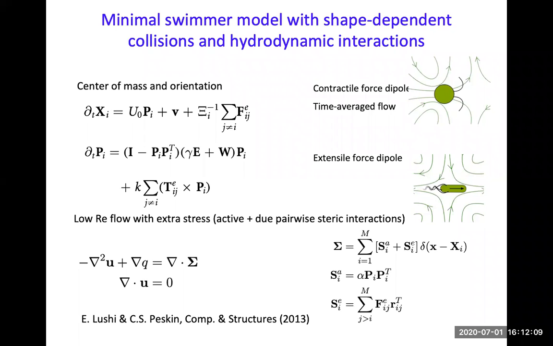Then the other thing that this model includes is that it includes the fluid flow, right? So essentially all these contractile or extensile dipoles. So if you have a puller, you have a contractile dipole, and a pusher, this extensile force dipole. And by adding essentially the actions of all these dipoles, you get the collective fluid flow, right? So that's the Stokes equation. So this is kind of a short way of describing these equations, right? So it includes the actions of the fluids on the particles and also the effect, like this collective flow generated by each one of these swimmers.